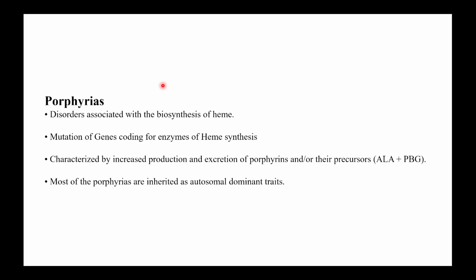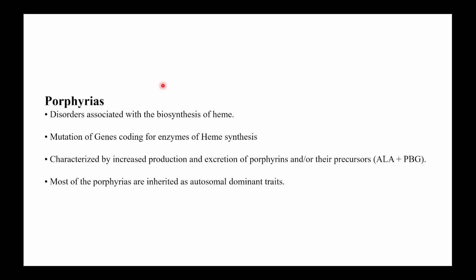And how do we identify porphyria? Porphyria is characterized by increased production and excretion of porphyrins or their precursors. If heme synthesis is defective, then either we'll get ALA excretion, because after ALA the porphyrin ring starts to form, right? The pyrrole formation will occur and then the porphyrin formation will occur. So if there's a defect in the downstream genes of the heme synthesis pathway, then there might be a chance